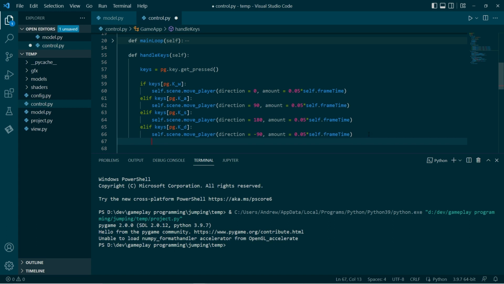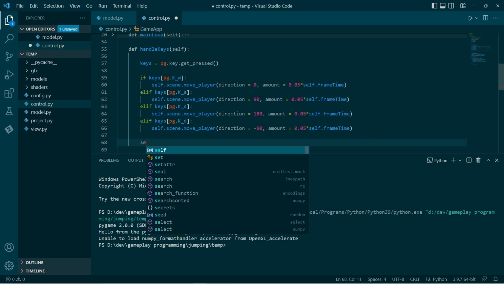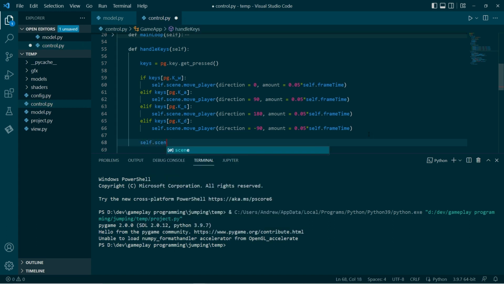Let's do that now. So I'll say, okay, the scene, set the spacebar status, and this keys is essentially a dictionary. I'm getting tripped up because I'm saying keys more than once.